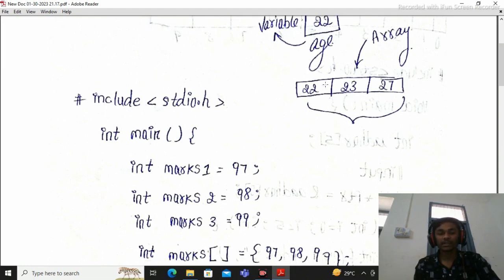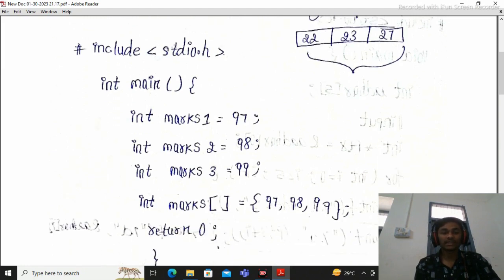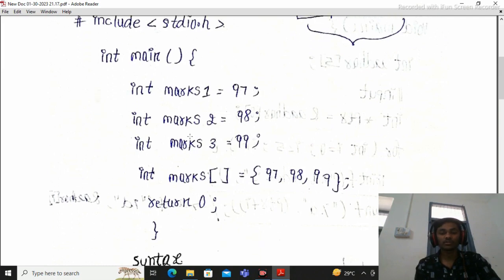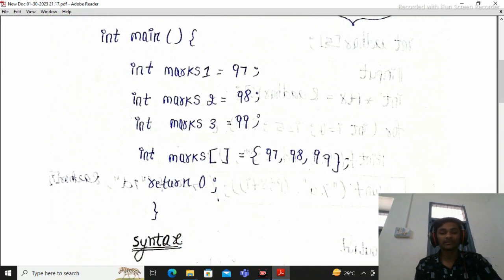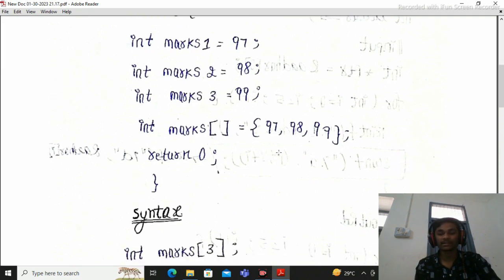Let's make an example. Code: #include <stdio.h>, int main() { int marks1 = 97; int marks2 = 98; int marks3 = 99; We can write the same process using the array concept like this: int marks[3] = {97, 98, 99}; return 0; }